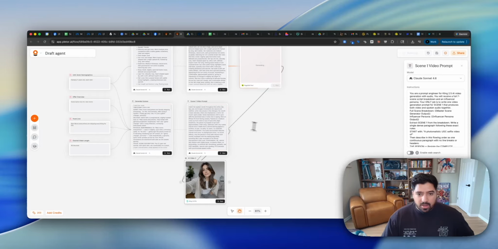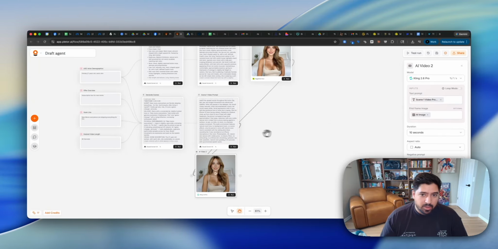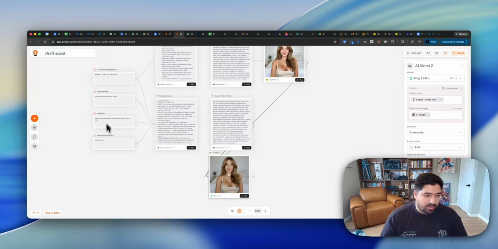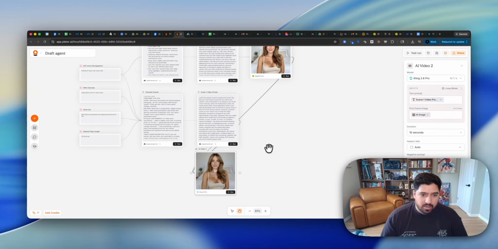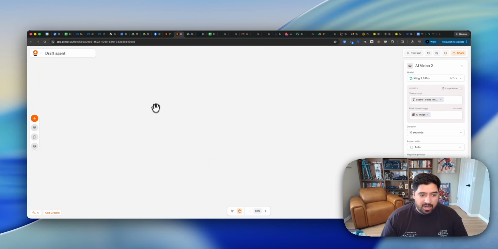I could probably make the hook and whatnot better, but let's see if it does a better job here. Okay, so I think we finally got a good prompt and a good output. I'm probably going to change and kind of upgrade all these ones, but you can see here it generated it. The script here is new moms everywhere, skipping everything for this. And honestly, after trying it myself, I totally get why. It's a game changer, seriously. Look at the